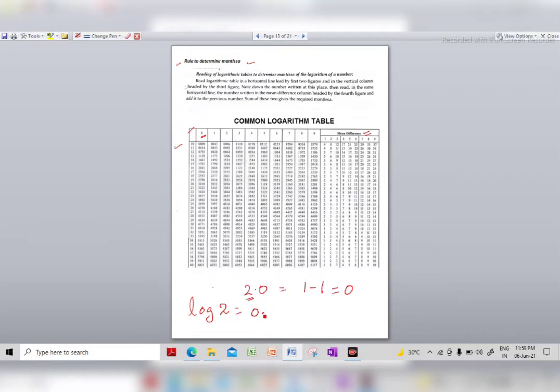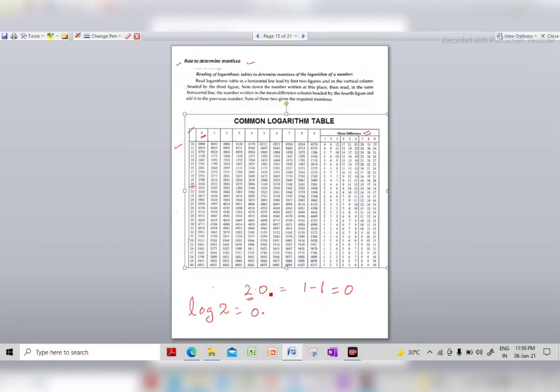Now the mantissa part, how we will study this mantissa part, let us see. Now this 2 can also be studied as 2, 0, 20 irrespective of decimal. We will neglect the decimal part. So how will we study here? As you can see in this logarithmic table, in the first vertical column we have 20 here. So in this 20